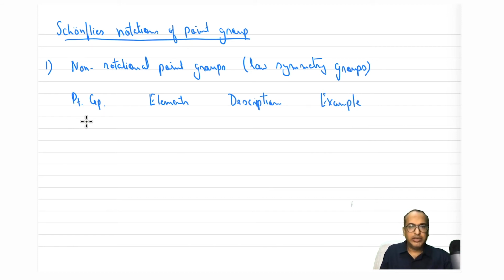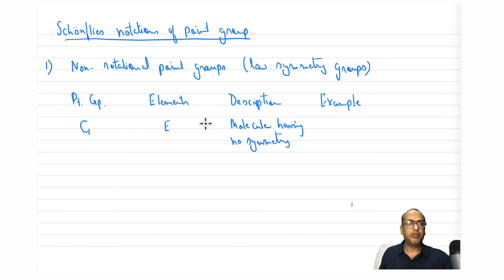The first in this case is C1. C1 is when you have nothing but just the identity present. There is no other operation, no principal axis, no sigma, no i, no improper axis. So a molecule having no symmetry is called a C1 point group.